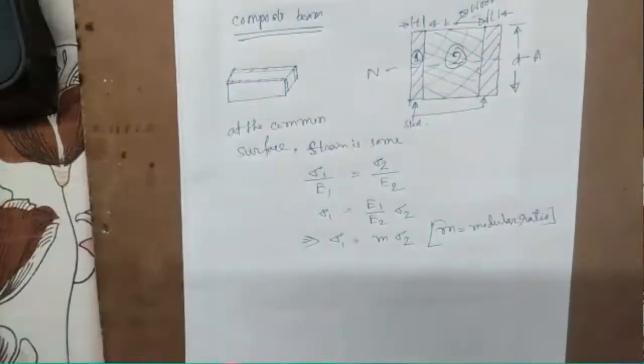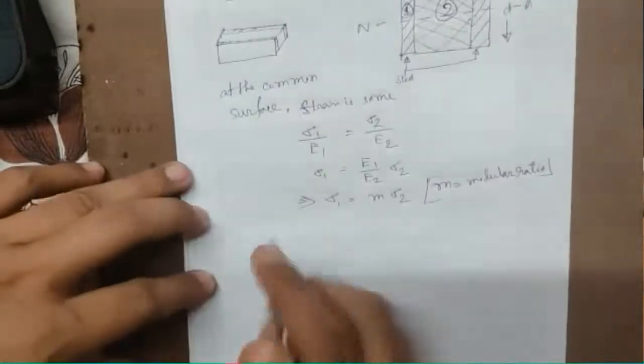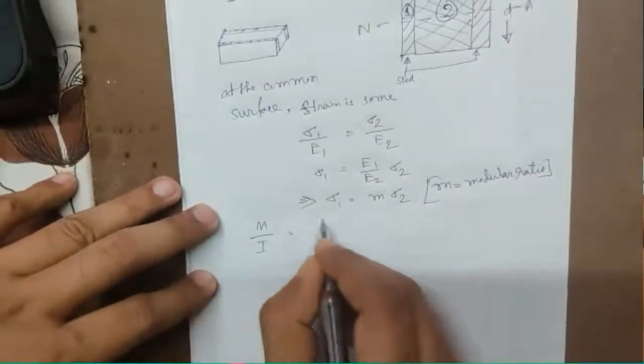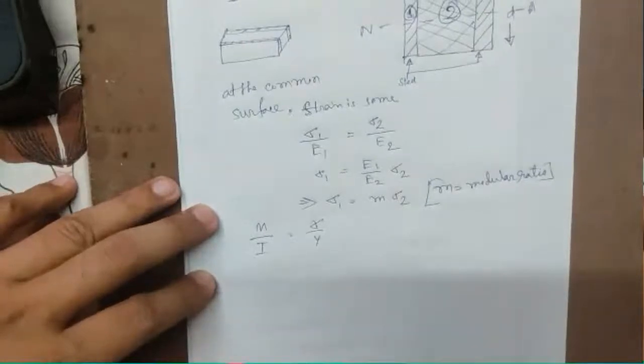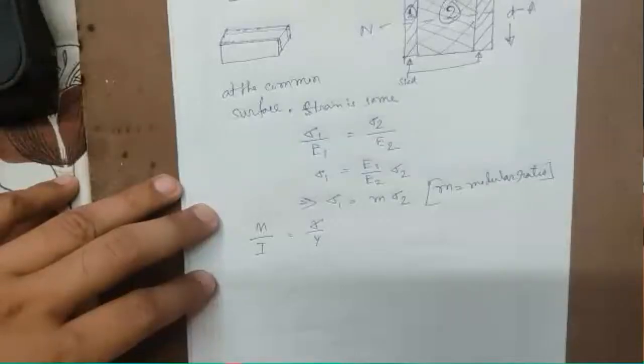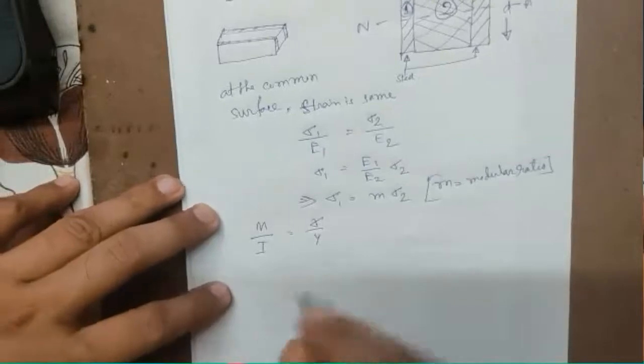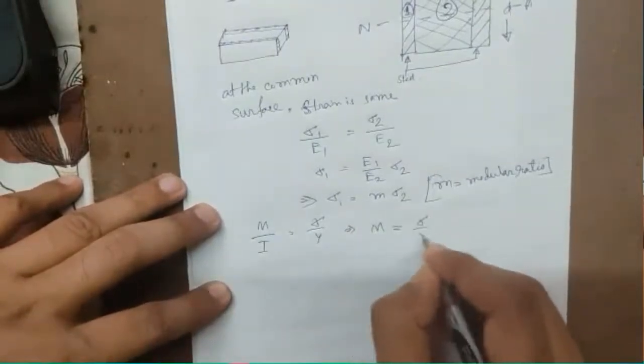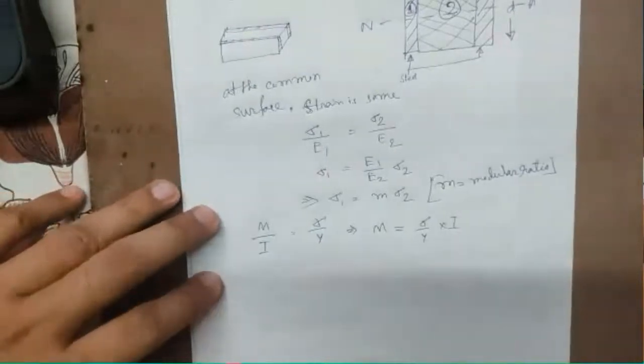Modular ratio means the ratio of elastic modulus. Now we have the bending equation, M by I is equal to sigma by y. So from here we can write